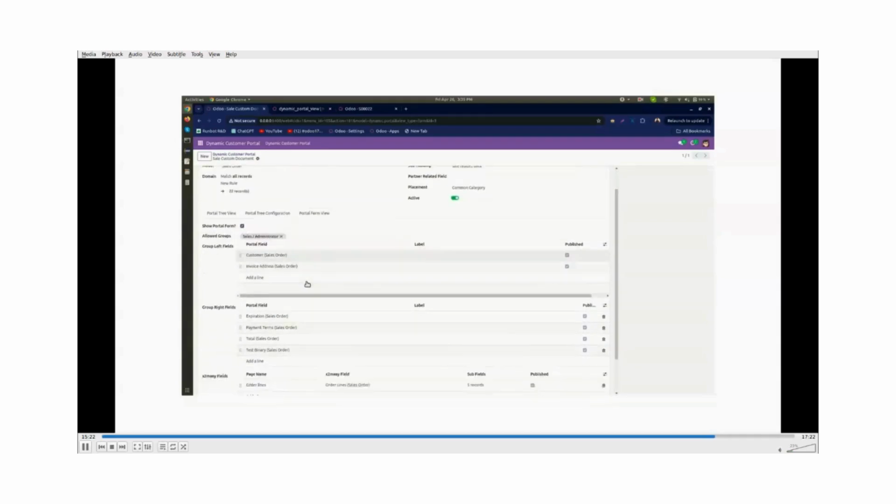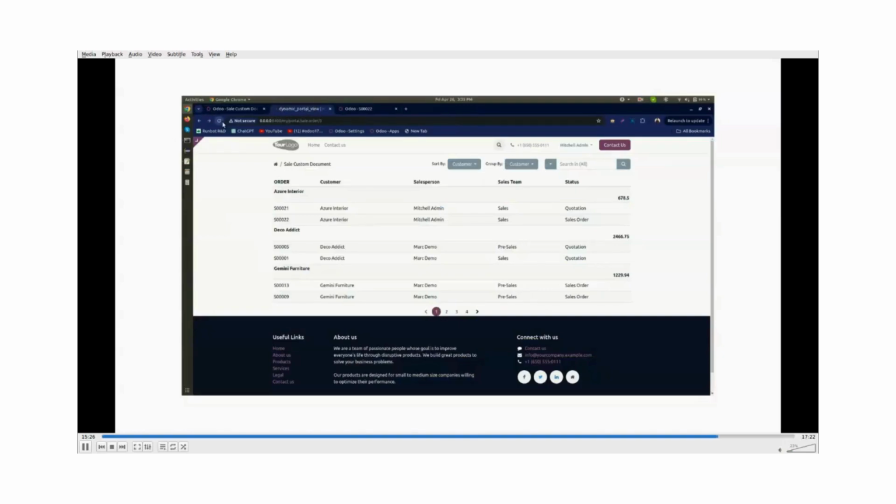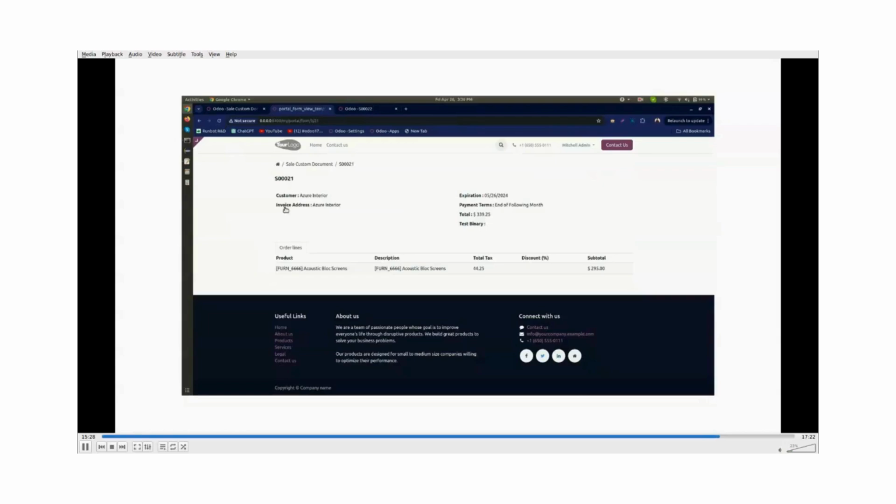Click on the save button. Now go to the portal. Click on the refresh button. You can see the form is appearing here with the left and right fields. These are the fields we have selected for the left and right side. We have created this form.